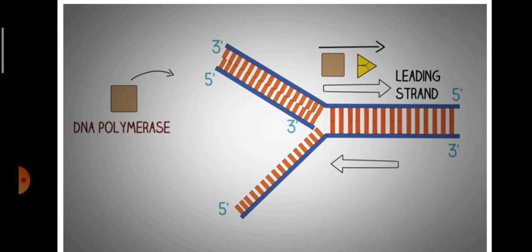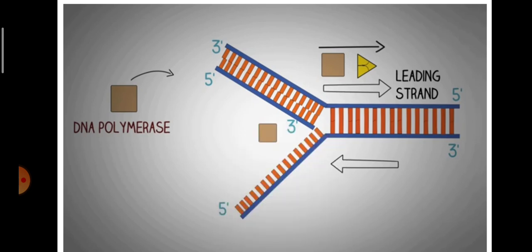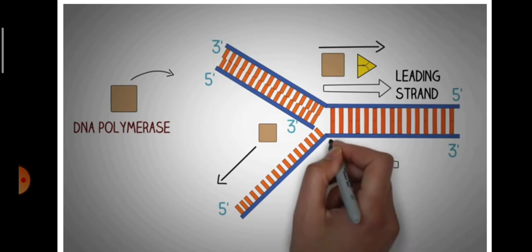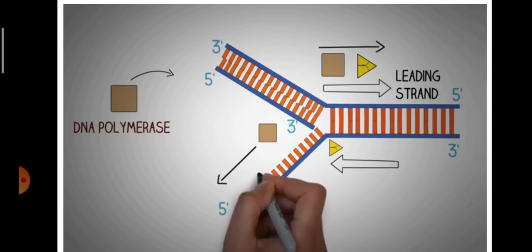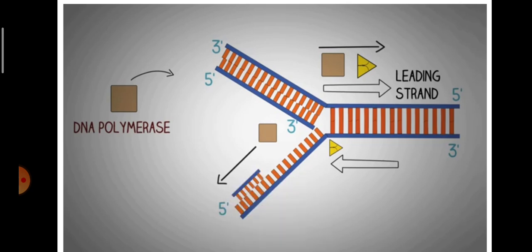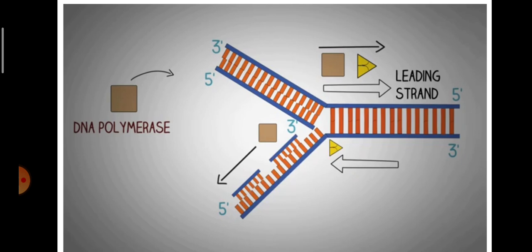But when we look at the opposite strand of DNA, which is running in the opposite direction, things are very different. The DNA polymerase has to form the new strand in the 5' to 3' direction. But since the helicase is opening the DNA helix in the opposite direction, the DNA polymerase cannot synthesize the new strand continuously. This problem is solved by formation of the new strand of DNA in short segments known as the Okazaki fragments. These fragments are later joined by a different enzyme to produce one continuous strand.